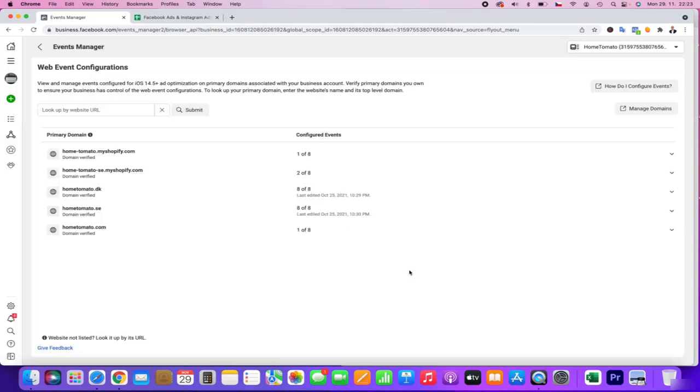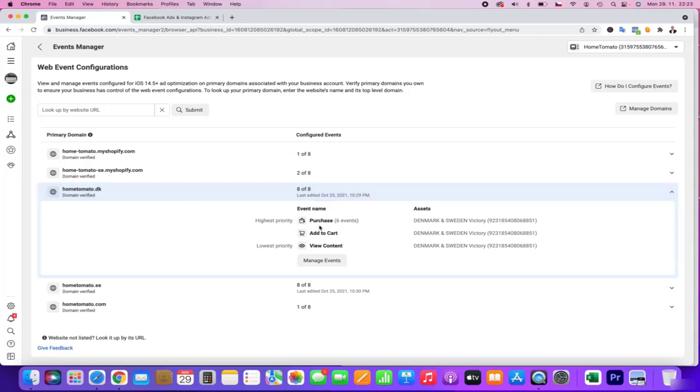In this setup you basically use 6 events for purchase, 1 event for add to cart, and 1 event for view content. You still have the power for retargeting people who did view content, who did add to cart, even with Apple if they allow it. I honestly believe this is a very important setup.